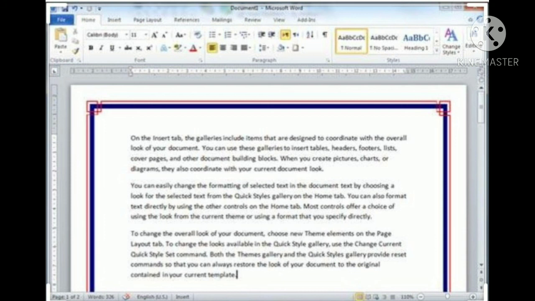How to insert the text? To insert the text, follow the given steps. First, place the cursor to the right of the character from where you want to start inserting the text. Step 2, type the text. Step 3, as you type the new text, the existing text moves to the right. If you wish to insert a blank line between two lines, then position the cursor at the end of the line after which you want to insert a blank line. Press Enter. You will observe that the next line shifts down and a blank line is inserted.